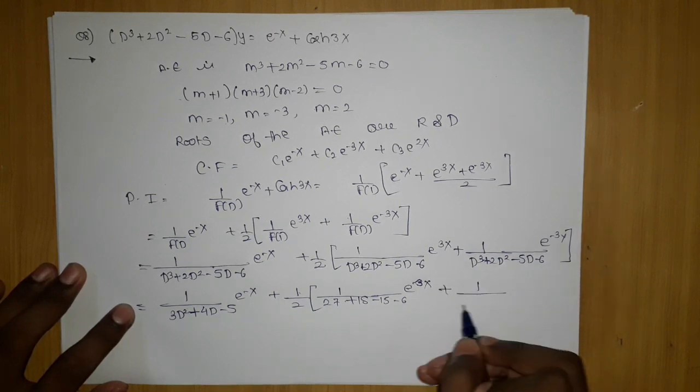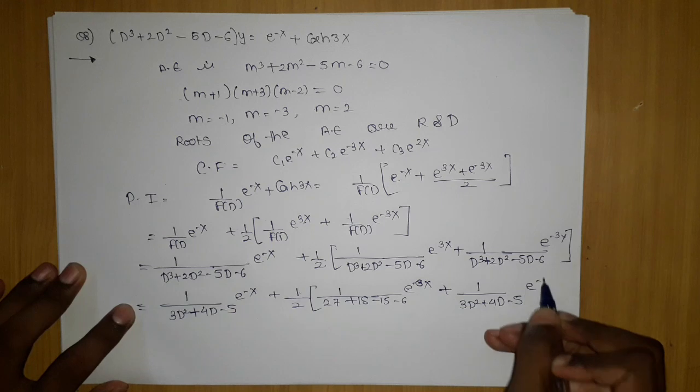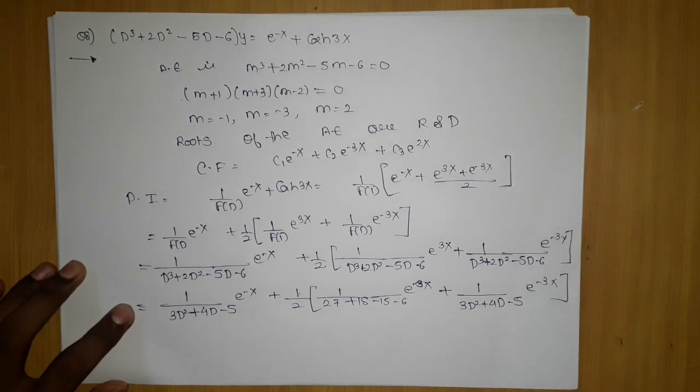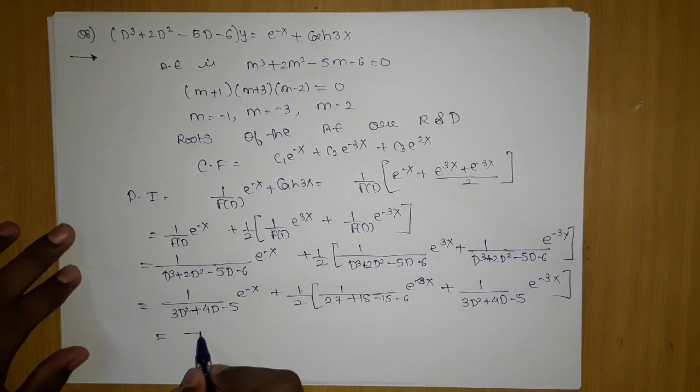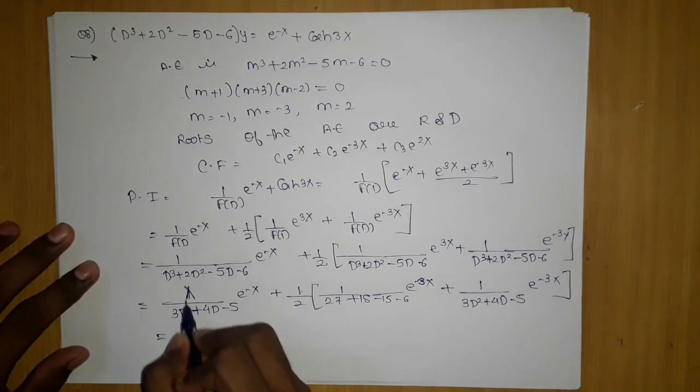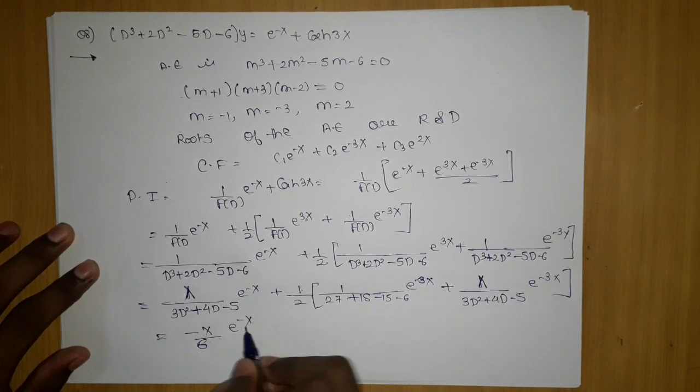And here if we differentiate again, 3D square plus 4D minus 5 e to the power minus 3x. Now you can clearly see, if we check here minus 1, what we are going to get is 1 square will be 1, 3 plus minus 4, which will be nothing but minus 1, minus 1 minus 5 will be minus 6. So we are going to get, here we forgot to multiply x in both of them. So x upon 6 minus, we have moved here, e to the power minus x.